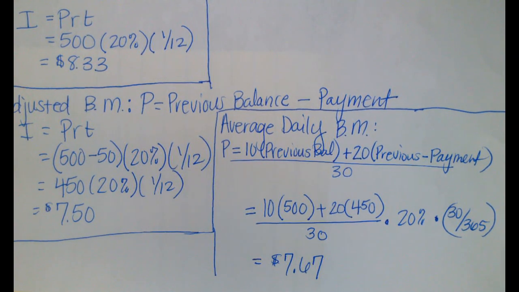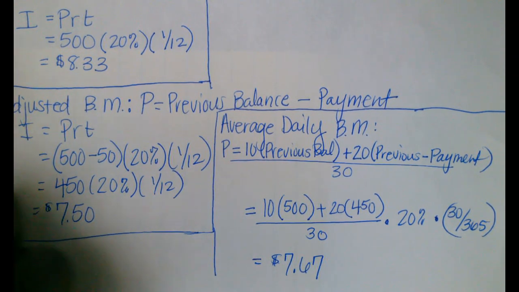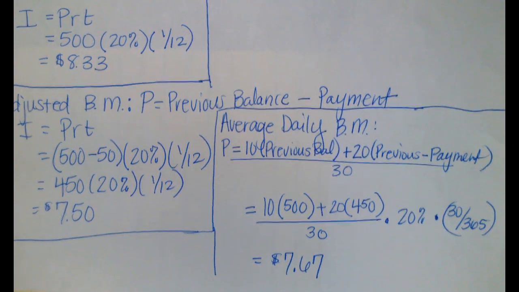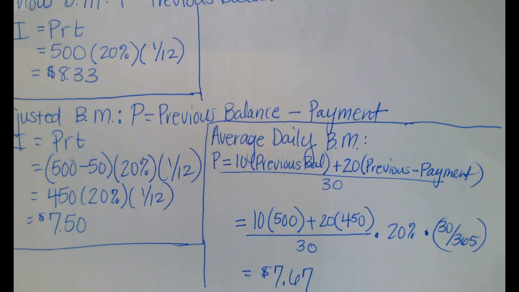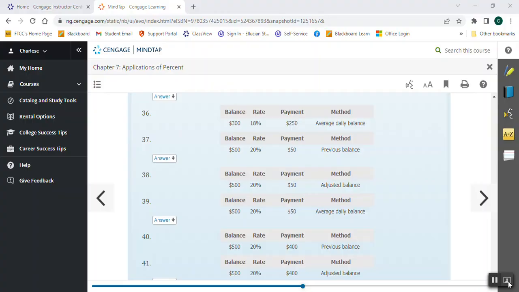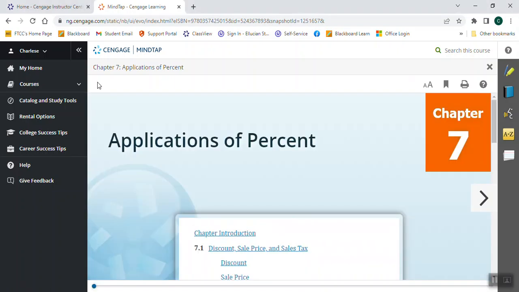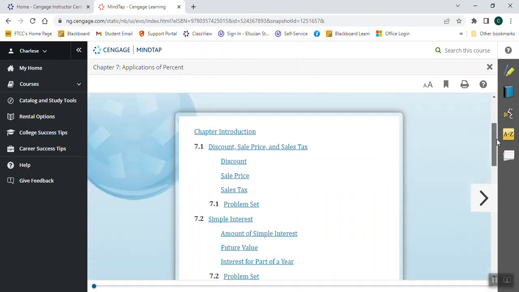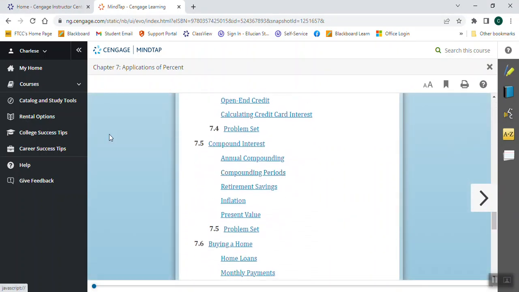All right, so next, or a last one from 7.5. So I'm going to tell you exactly what timeline this is on. So if you only need like this one, I'll tell you what time to click on to get to it. All right, so 7.5 problem set, number 34. Let me flip over. So I'm going back to my table. And to get to this,